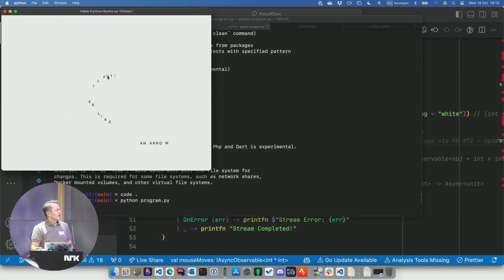So we have this. There's something with my new OS X that makes it a little bit sluggish, but